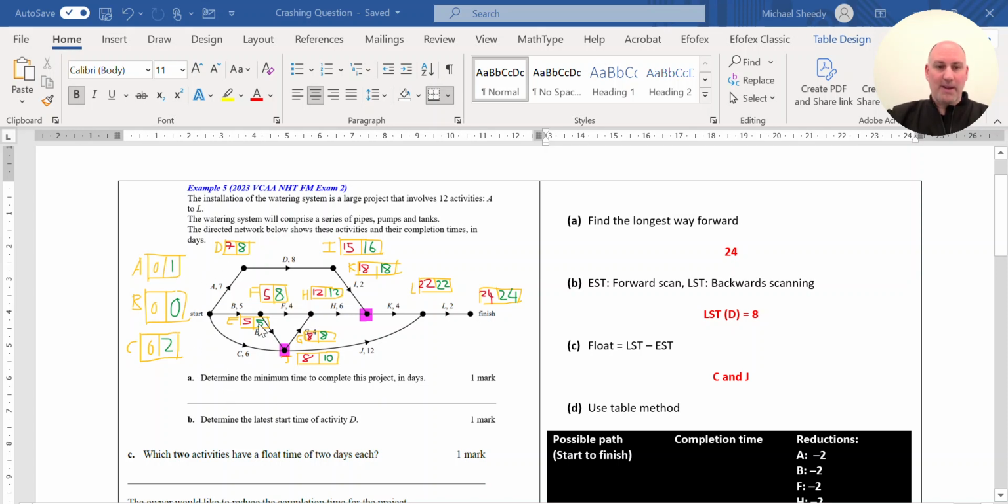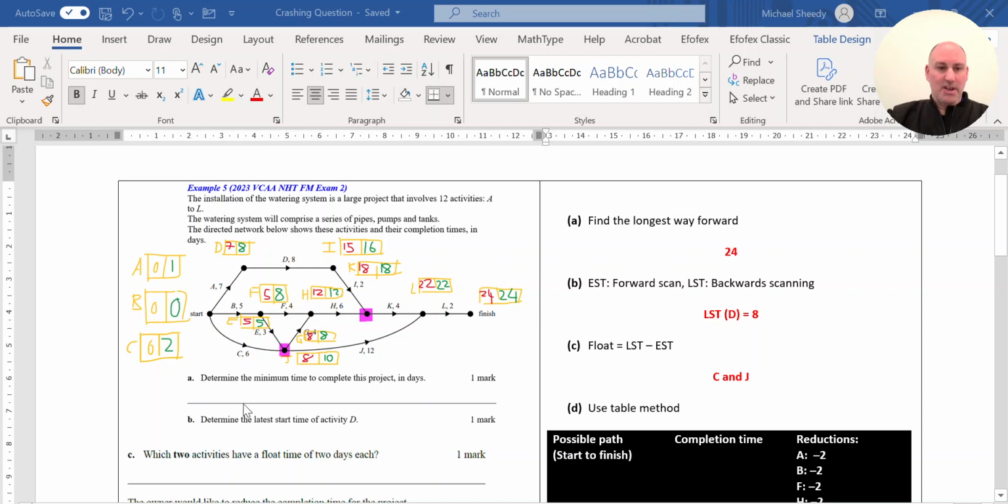So my forward and backward scanning confirms 24 would be the minimum completion time. Determining the latest start time for activity D, I can locate that up here in the top corner, which is the green number 8 would be the latest starting time, and which two activities have a float time of 2